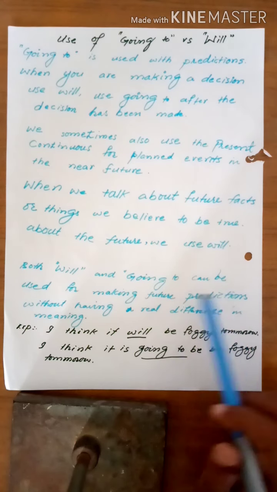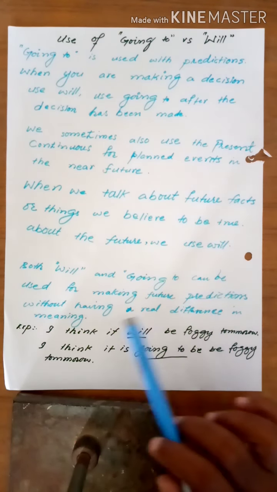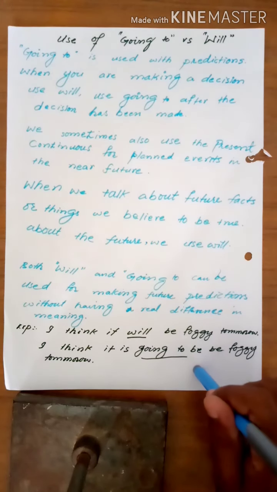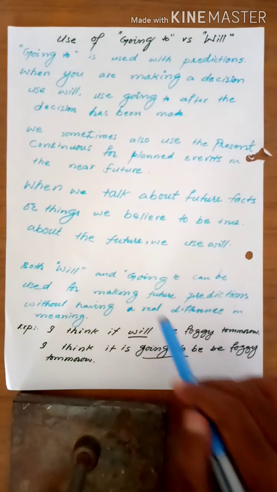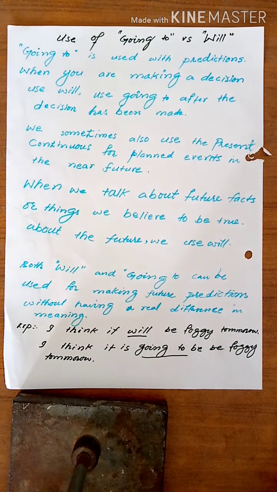Okay, both will and going to can be used for making future predictions without having a real difference in meaning. अब ये दोनों फ्यूचर में प्रिडिक्शन के लिए भी यूज़ हो सकते हैं, जबकि इनकी मीनिंग में कोई फ़र्क नहीं आएगा। यहाँ will है, यहाँ going to है। I think it will be foggy tomorrow. Foggy means